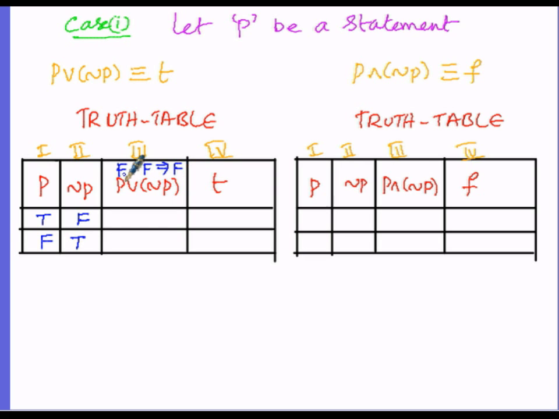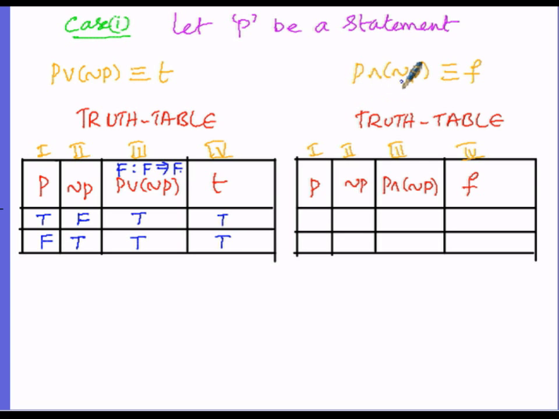Whereas here, there is no case which has the first statement as false and the second statement as false. One is T and F, the other is F and T. There is no F and F, therefore we won't get the disjunction as false, so we will get the disjunction as true. Here T indicates the truth value true, so both the truth values will be true in the first case. Then now in the second case,